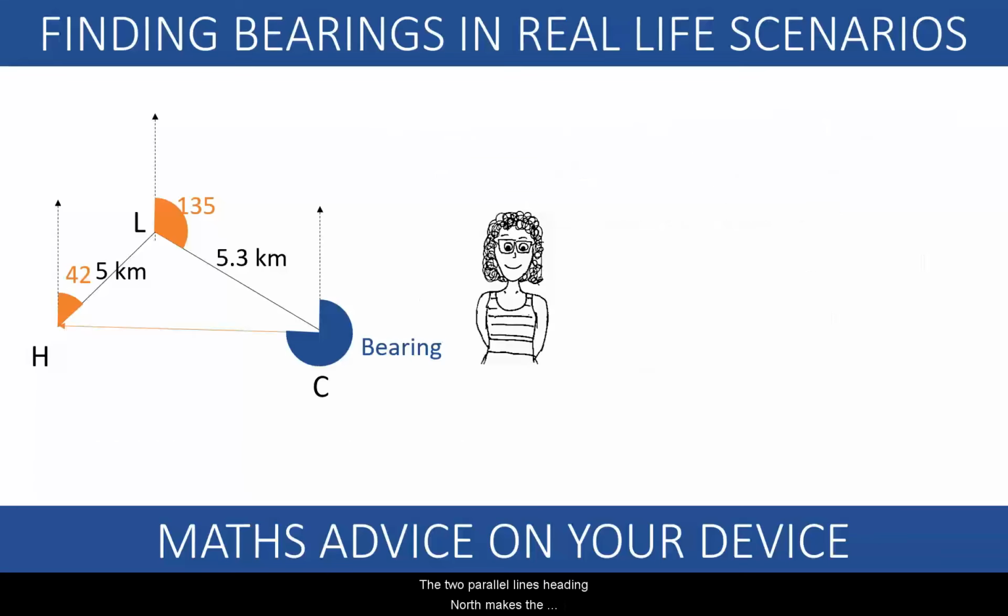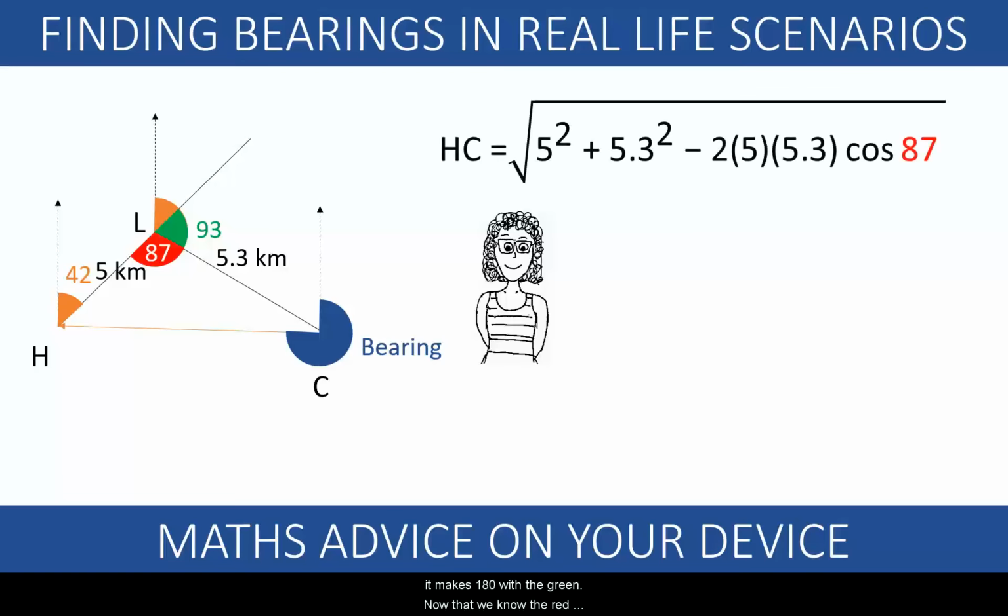The two parallel lines heading north make the blue angle 42 degrees. The green angle is what is left to 135. That makes the green angle 93. The red angle is 87 because it makes 180 with the green. Now that we know the red angle, we can use the cosine rule. HC is approximately